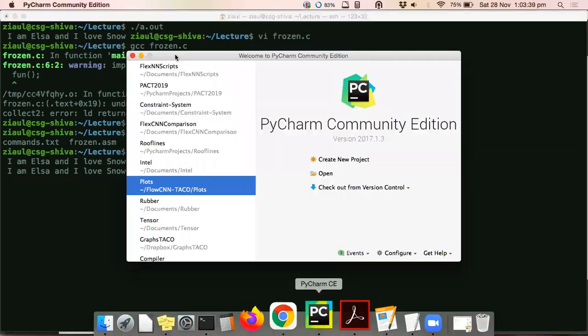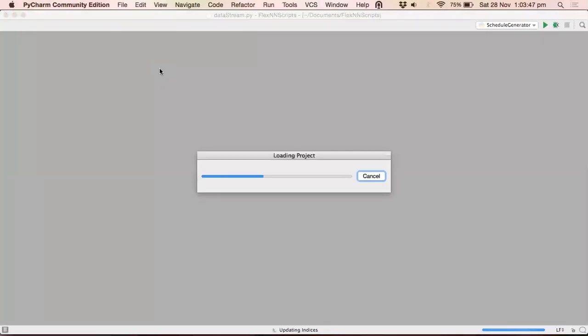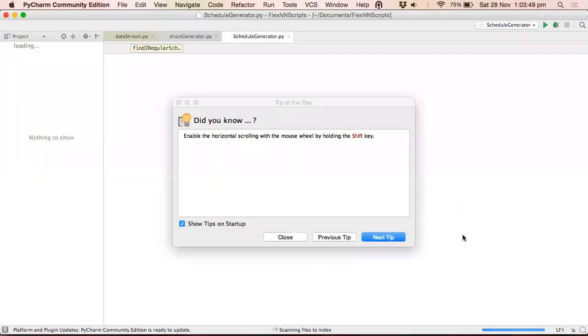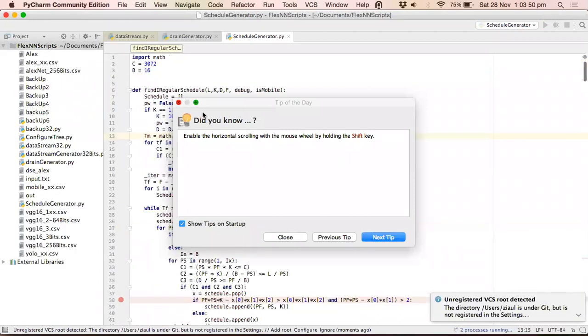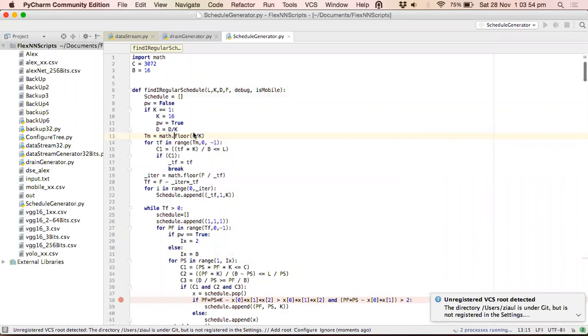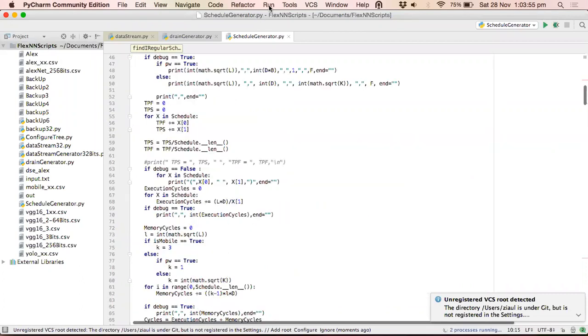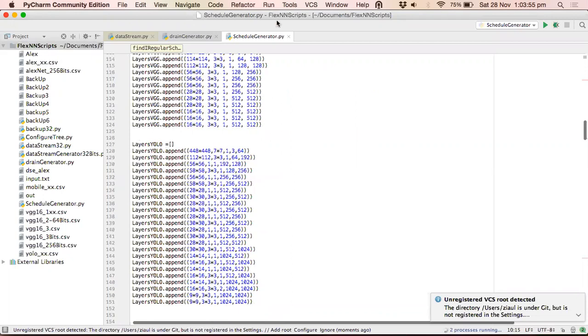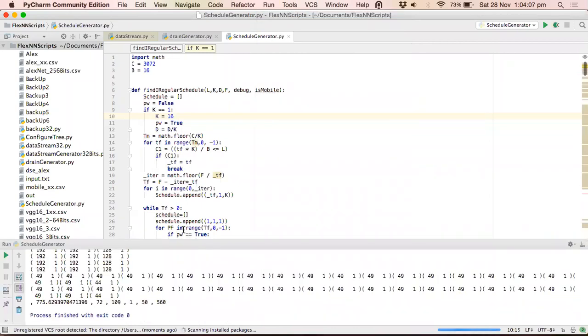So this is my Python IDE. Can you see the screen, guys? Yes, sir. See, this is my Python code. Now, if I want to compile and run it, I don't have to go to the terminal and invoke the compiler. I just go to run and then say run. That's it, and it will run. Under the hood, it is creating the exe, invoking the compiler and running the exe for me. So that's the benefit of an IDE.